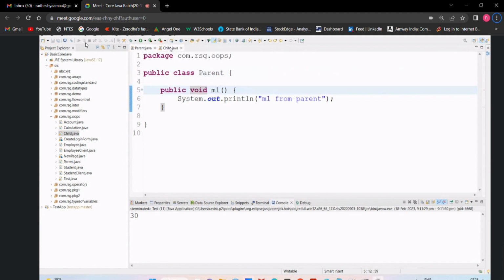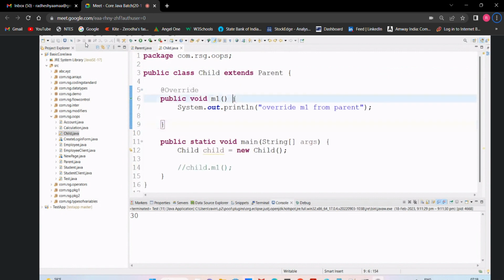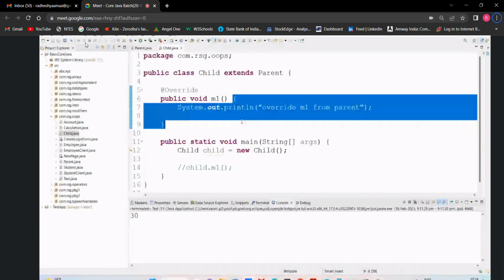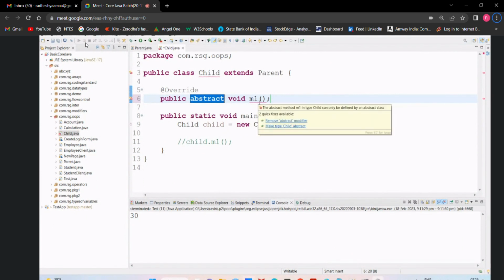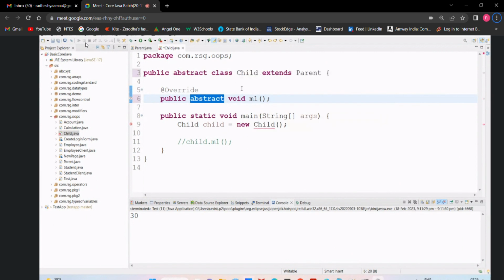Now what I can do, I can make this method abstract also. I have to use the abstract keyword here, and the class I also need to make abstract. So what we are doing,